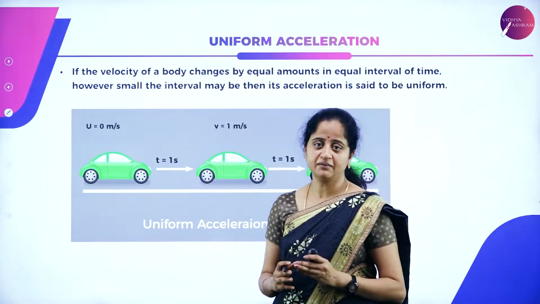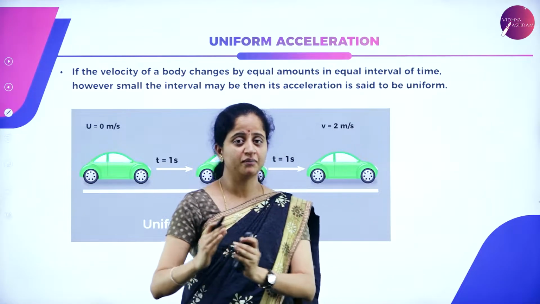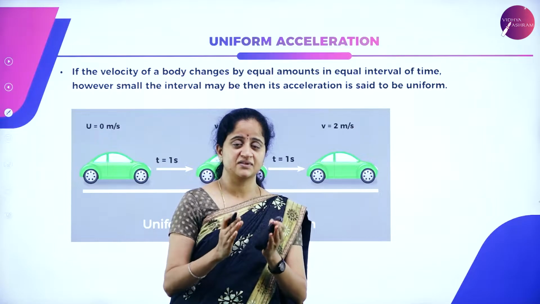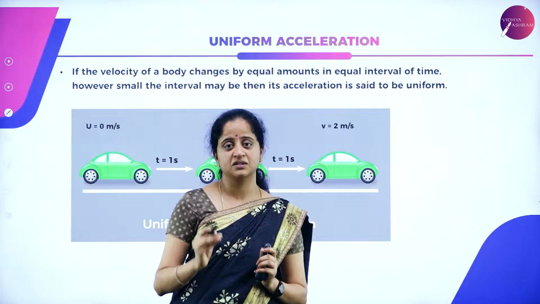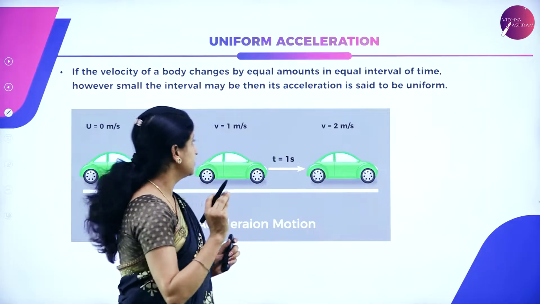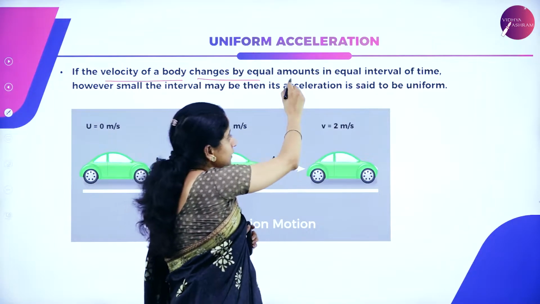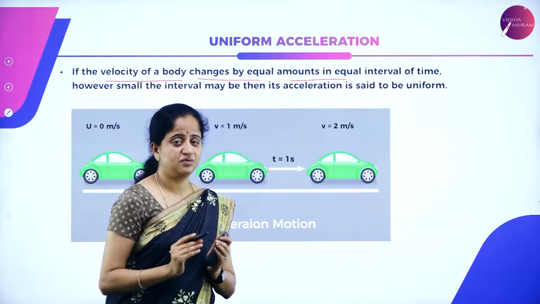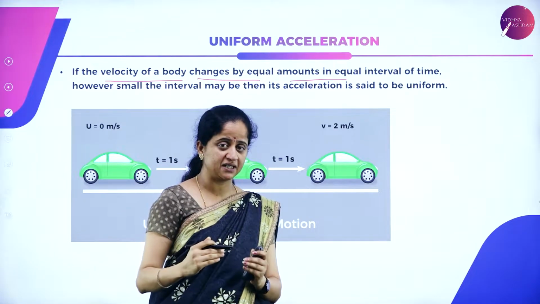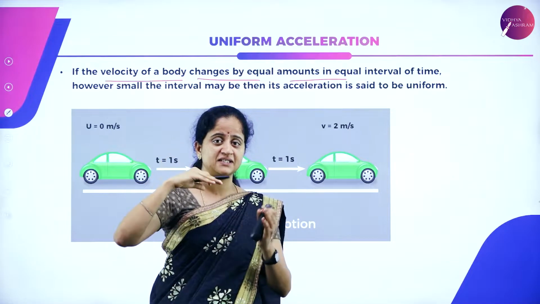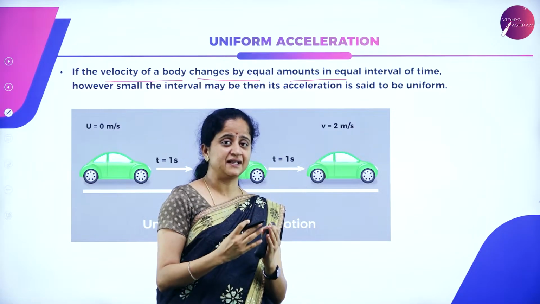So now we came to know what is acceleration. So let us understand what is uniform acceleration. In the last session, we have discussed uniform speed and uniform velocity. Let us now discuss what is uniform acceleration. It is nothing but if the velocity of a body changes by equal amount in equal interval of time. We know acceleration is change in velocity divided by time. So if the velocity of a body is changing equally in equal interval of time, we say that it is